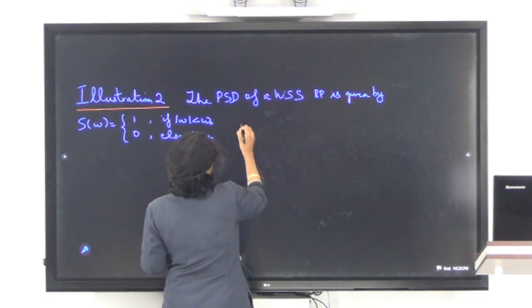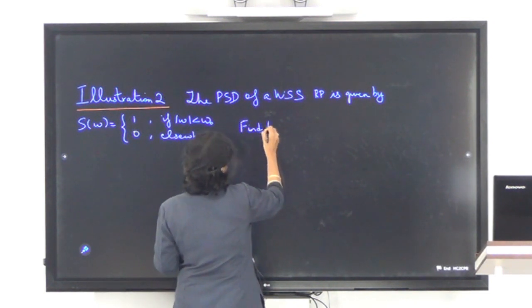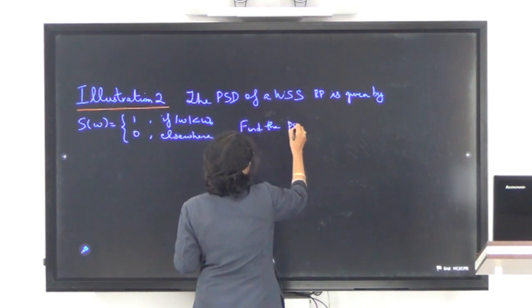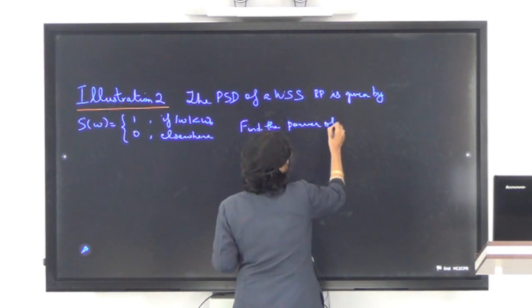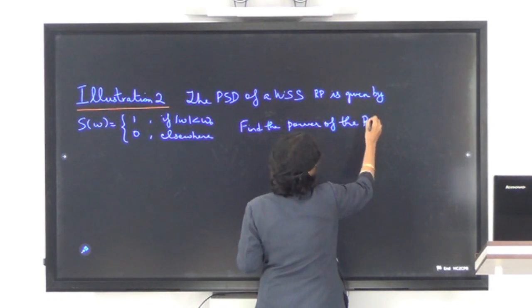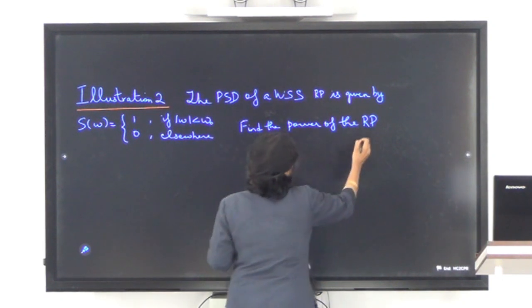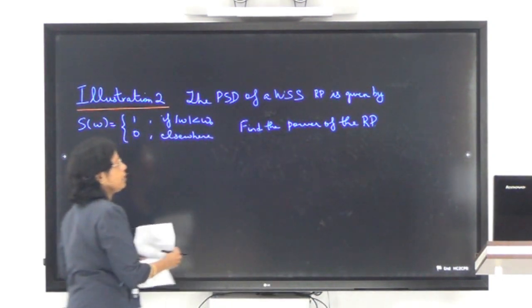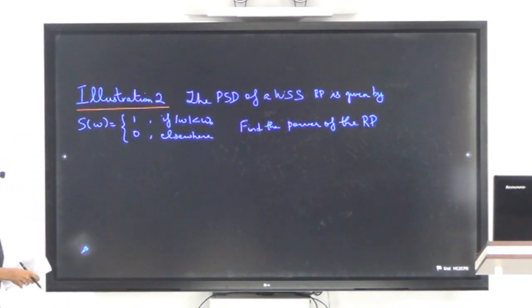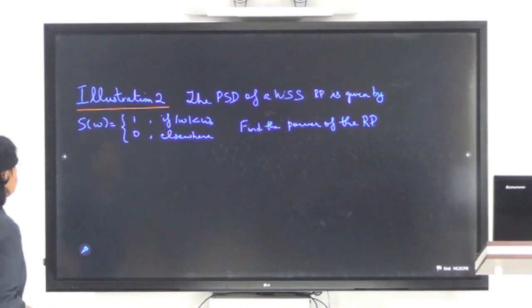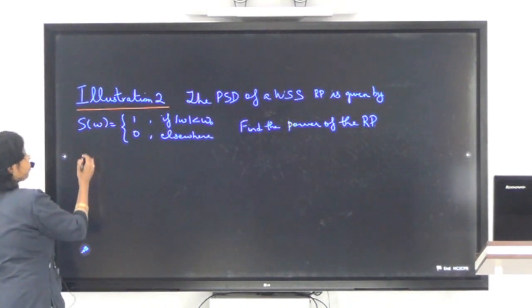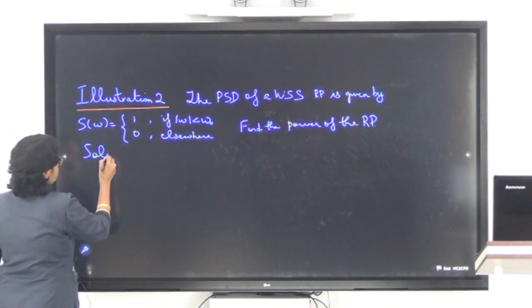Here we have to find the power of the random process. So you know what is the power of the random process? It is the autocorrelation at 0. So basically we find the autocorrelation function, and then at 0 we will get the power of the random process. So the solution to this is